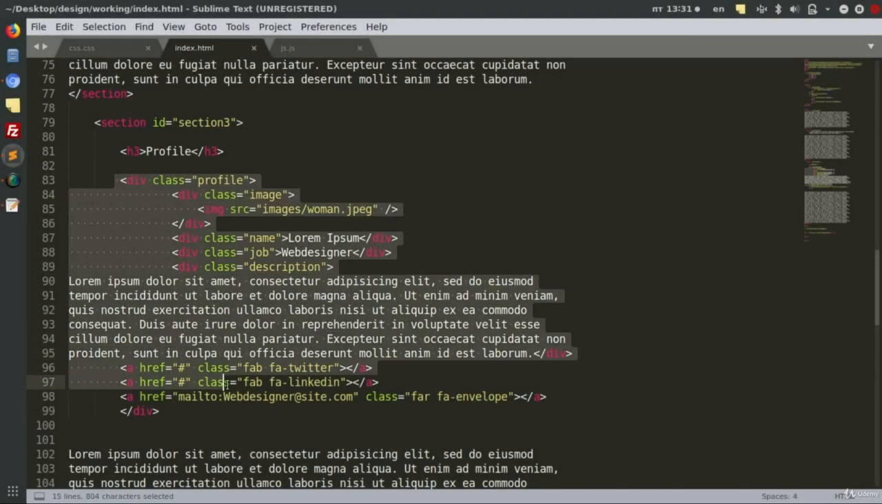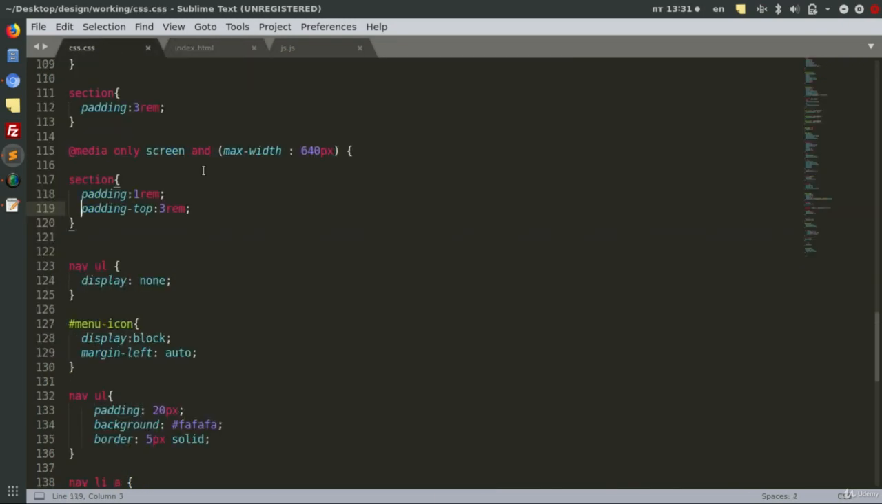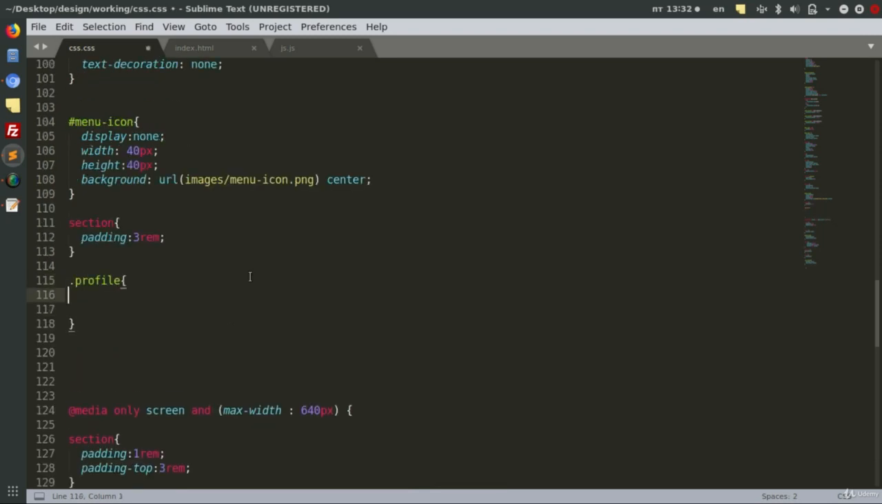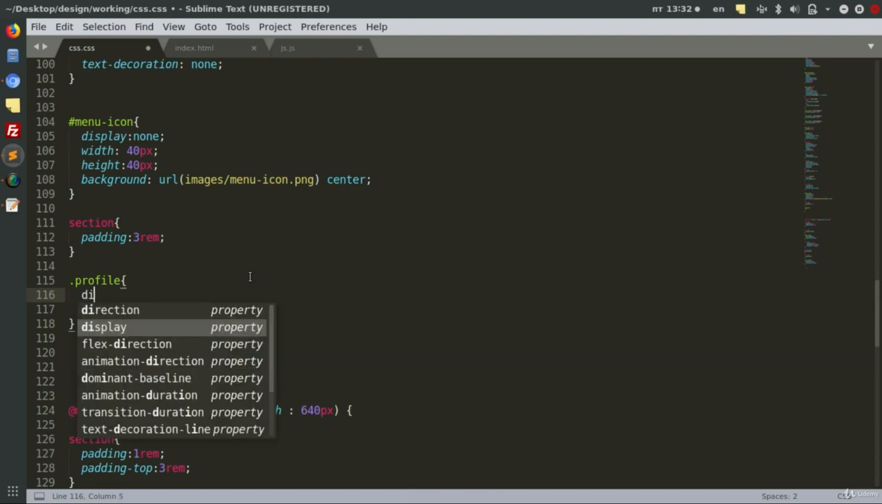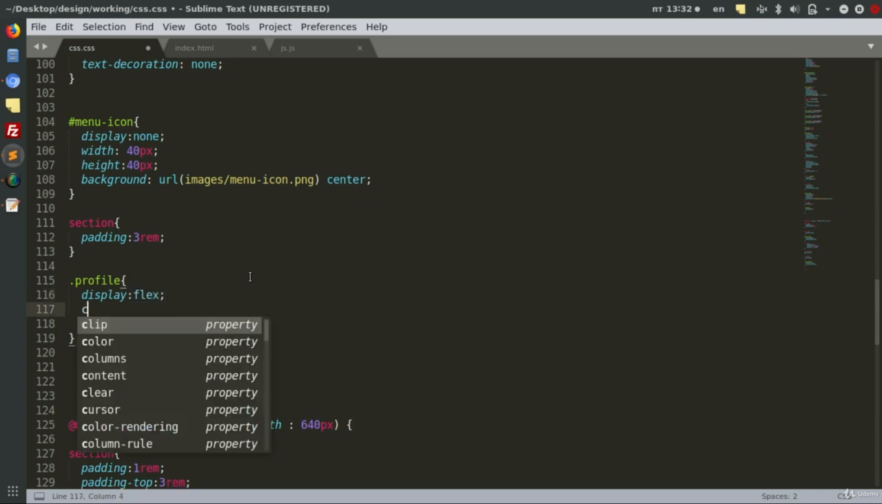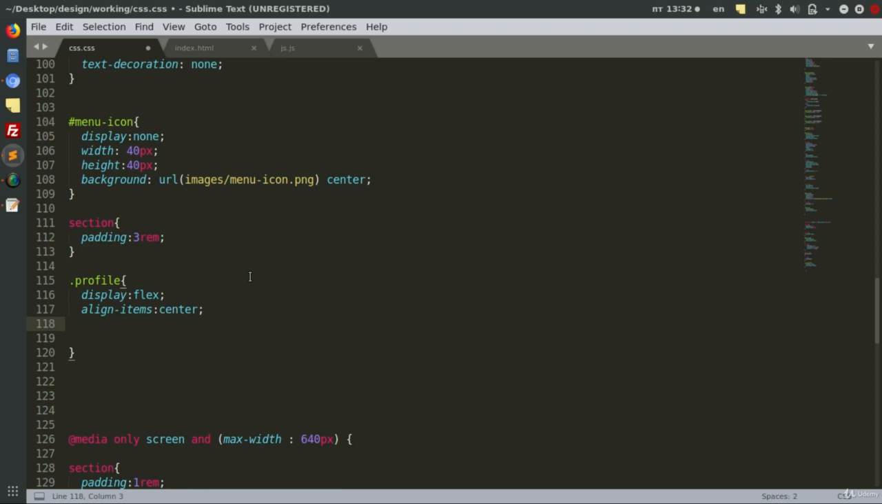Okay, now we have added all the information we need for the profile, and let's continue styling it. We go to our CSS. So first we would like for the profile to be displayed in flex mode or flexbox mode. So we just type display flex, and then we would like the items on this profile to be aligned. So we type align items to center, and we also would like all the items to be one after another,